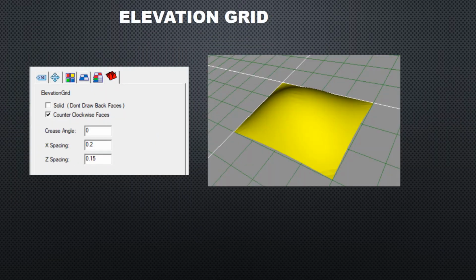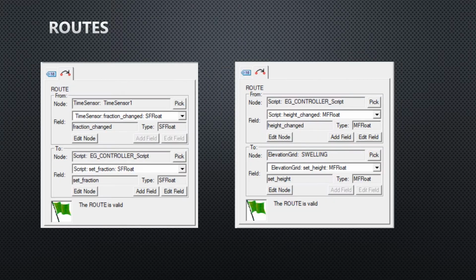And the elevation grid is like this. I have called this swelling. It is a flat plane which is having a swelling in one direction, and x spacing is 0.2 and z spacing is 0.15. The routes will be like this. The first route will be from time sensor to script, and the second will be from script to elevation grid.